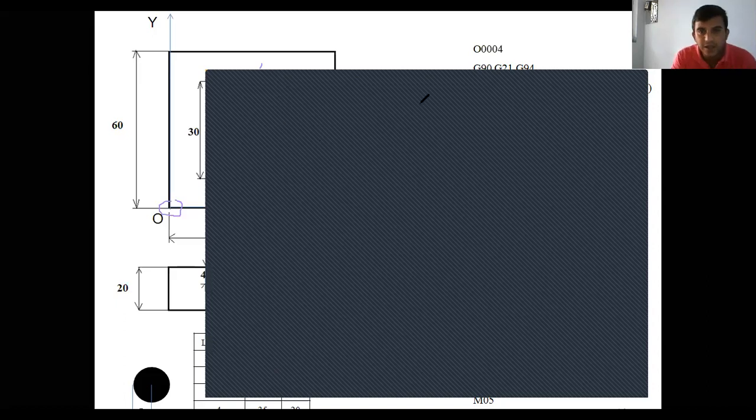Now again, how to write the program? The name of the program starts with the letter O, followed by a 4-digit number. Next, what is the next line? Initial G codes: G90, G21, G94. Now we'll go for the selected tool, M06, T01. What is the diameter of the end mill cutter here?